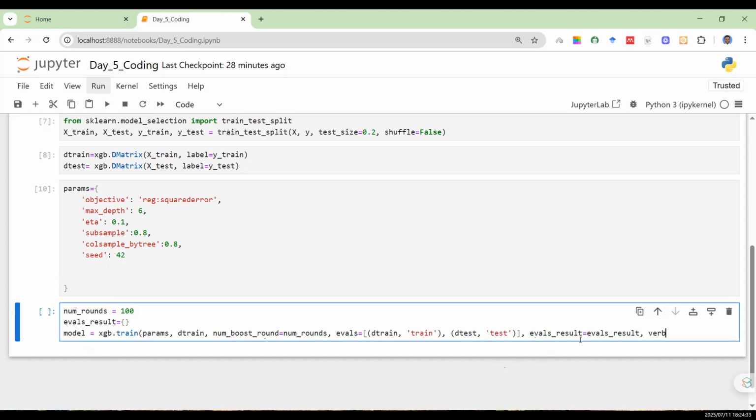Okay, so we have verbose equals, let's say, 10. What does that mean? It means it should display the training process. It should display at every 10 rounds. So when we set verbose equals to 10, it's going to display the training